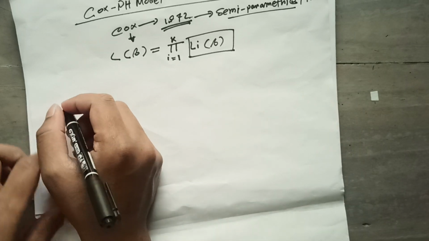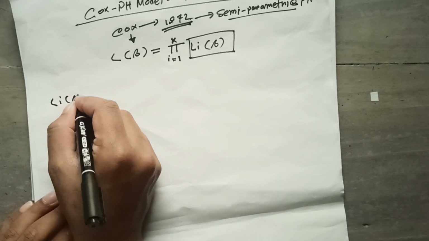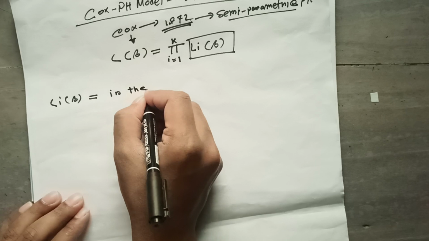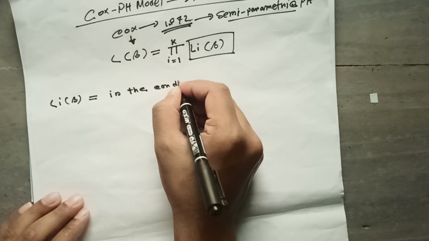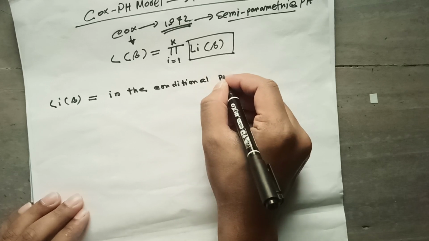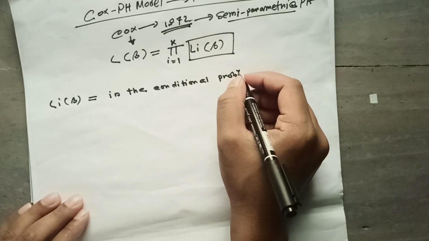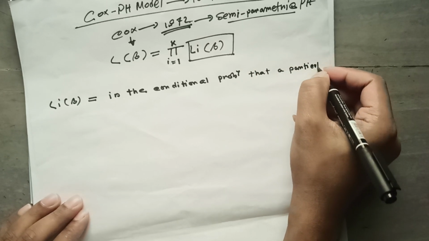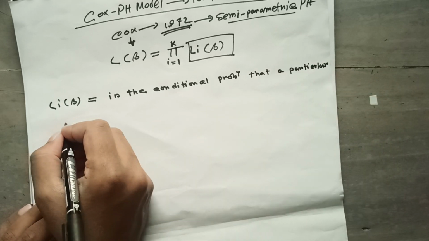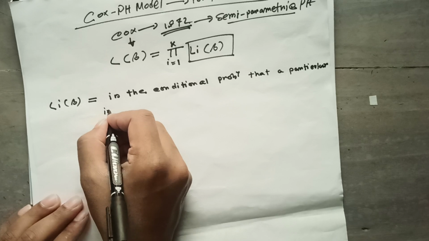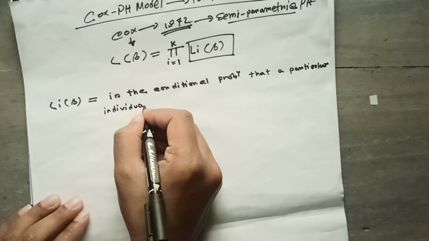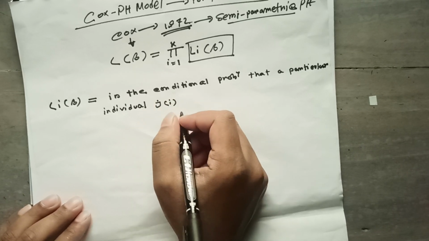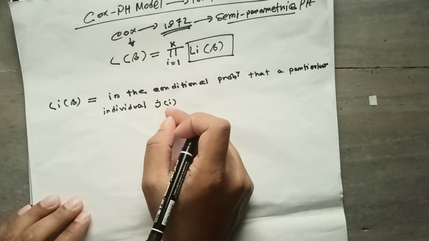Li of beta is defined as the conditional probability that a particular individual Ji, a particular individual at time point i,